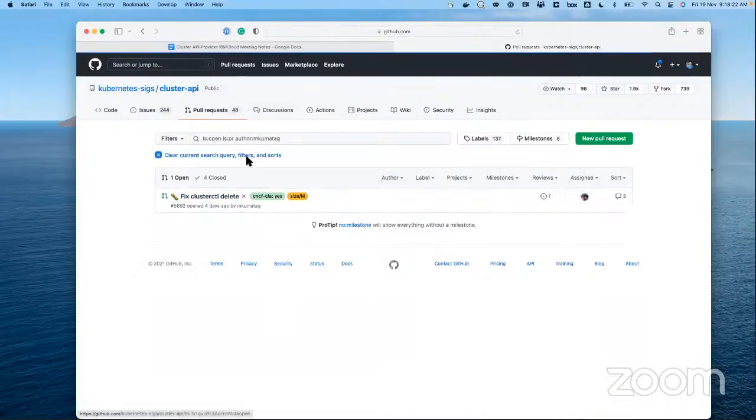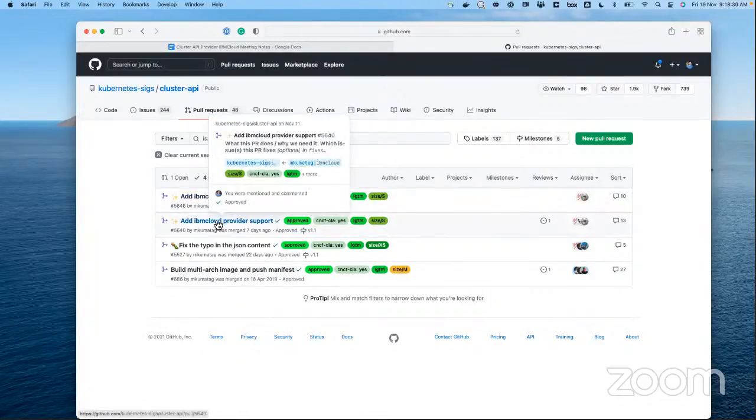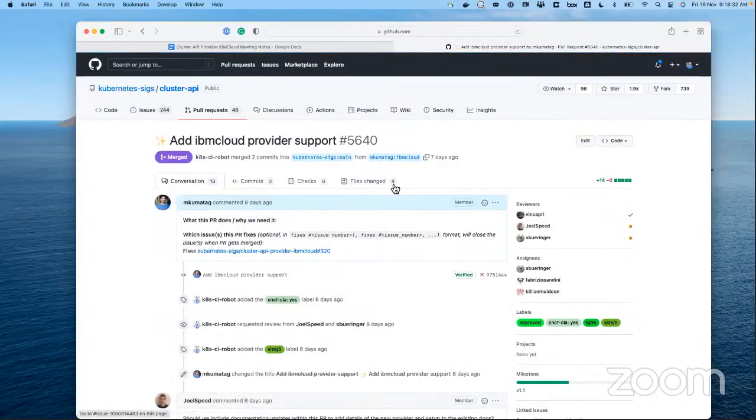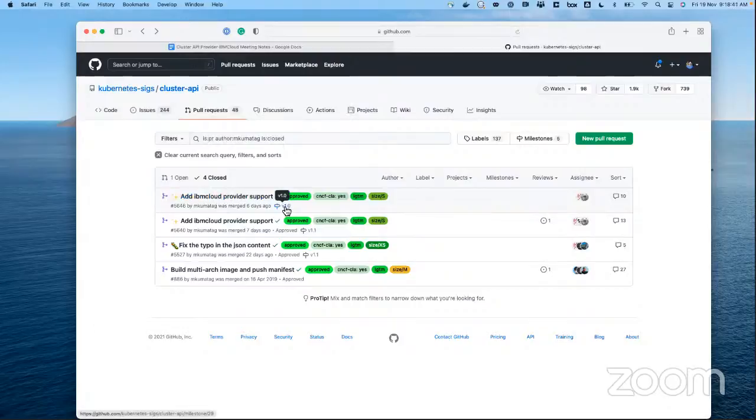Right, so a bunch of PRs got merged last week. You can see here, this is IBM Cloud provider support for the master branch. This is mainly for the main branch, and they have different versions. That's the reason we pushed again for the v1 branch and also the 0.4 branch.